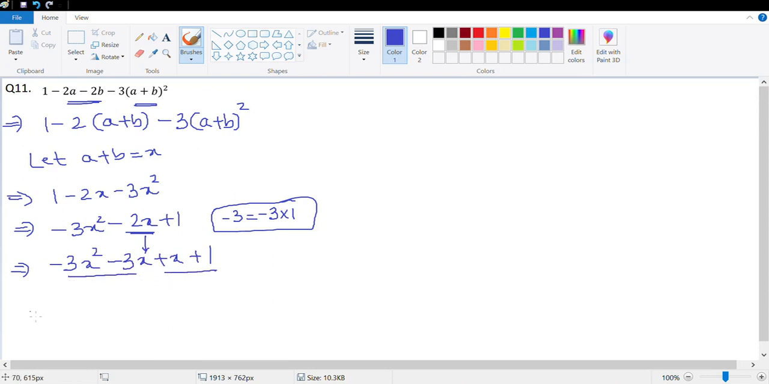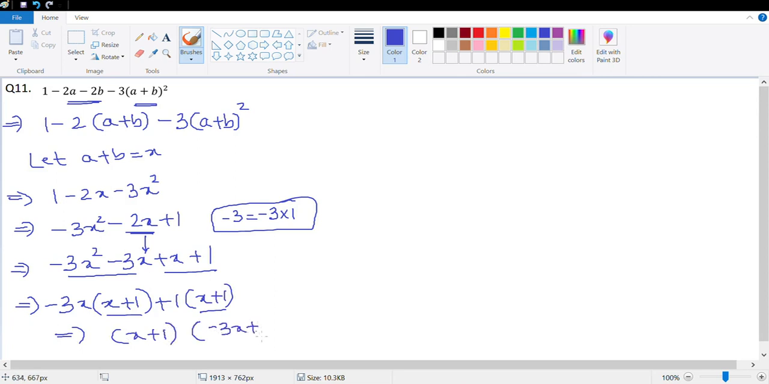Grouping it the way I have underlined, what we get is negative 3x common from the first two elements. What remains is x plus 1. And 1 is common between the second set of two elements. x plus 1 is common. So this is x plus 1 times negative 3x plus 1. Now x is an element which I have introduced on my own. So let's replace x with